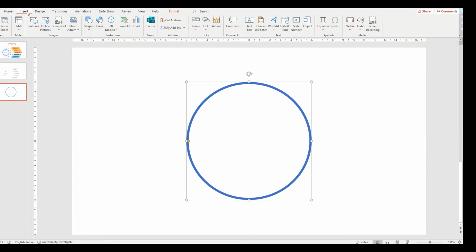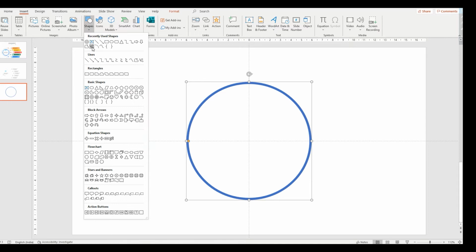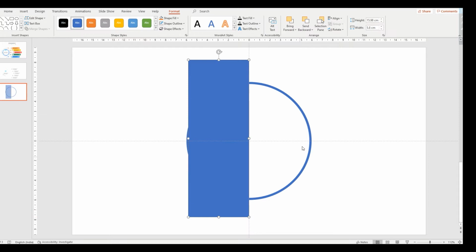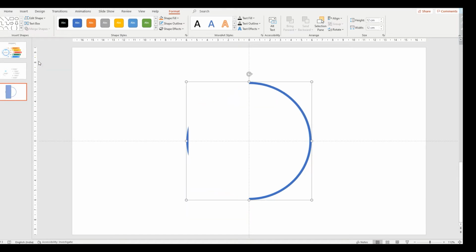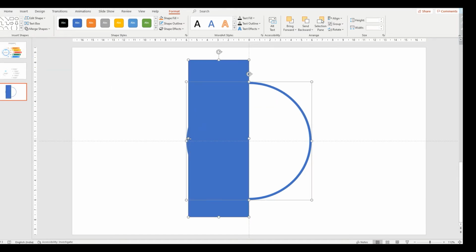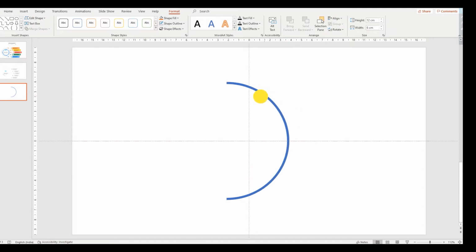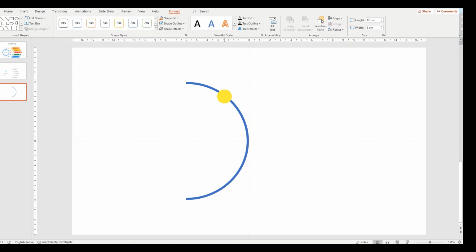Now take another one for subtraction. Take the rectangle, select and select the rectangle in format, subtract. Sorry, little bit. We need to cover this one entire, subtract. Now it is okay. Arrange it middle.